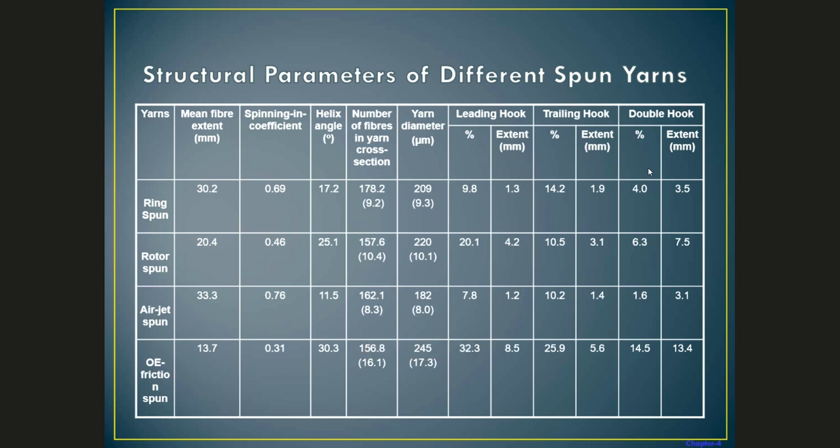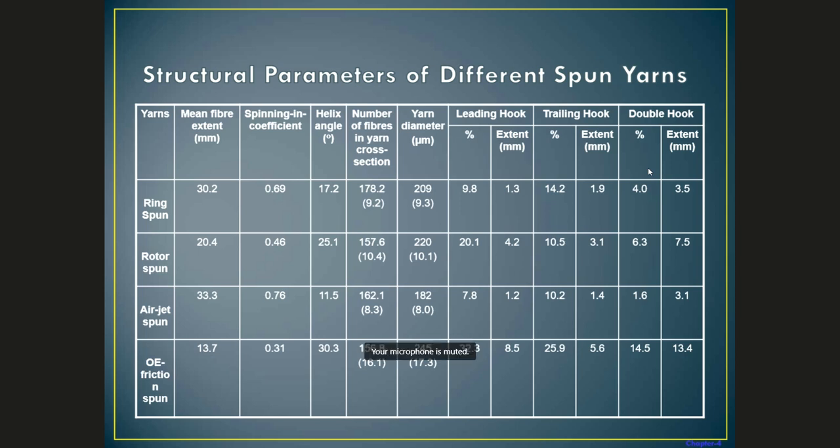So in that case, what is going to happen? The fibers that fall under the core group will have more straightness and parallelization in comparison to the fibers wrapping the core fibers. That is one reason, because in this air jet spinning system, 70% of fibers form the core, and 30% are used as wrapper fibers. So it is likely that the core fibers will remain more straight and parallel, and that is one of the reasons it gives a higher value of spinning coefficient in comparison to ring yarn.